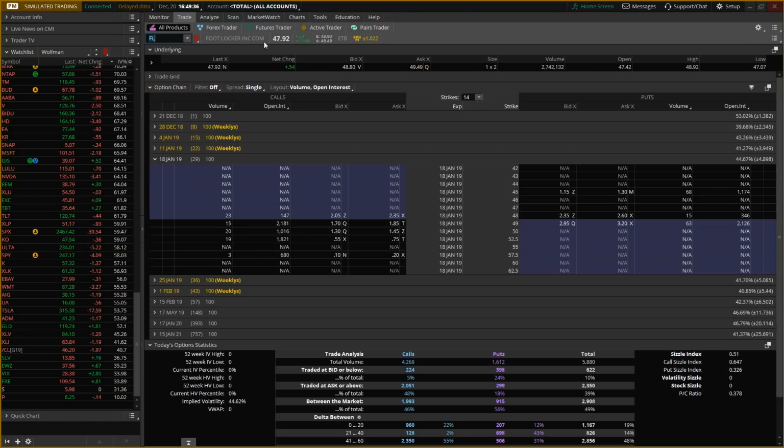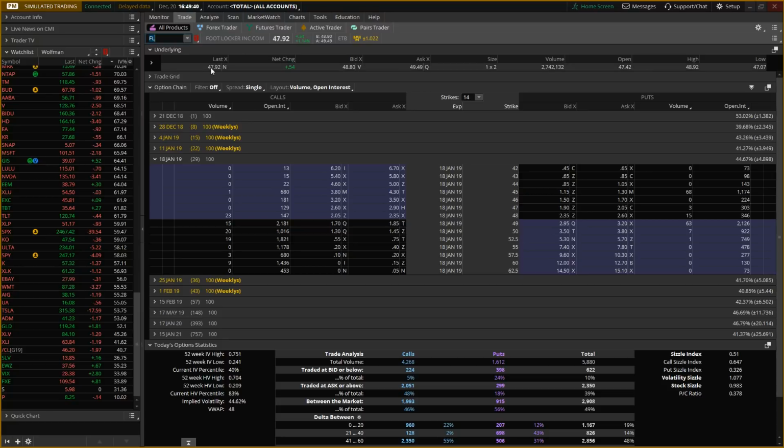And somebody first off threw Foot Locker out there. So we're going to look at Foot Locker. We have under $100 stocks. So my first rule is pick the right environment. So the right environment for this underlying is to have about an IV percentile of somewhere between 30 and 50, 30 and 60. That works. 40 is great. So that works.